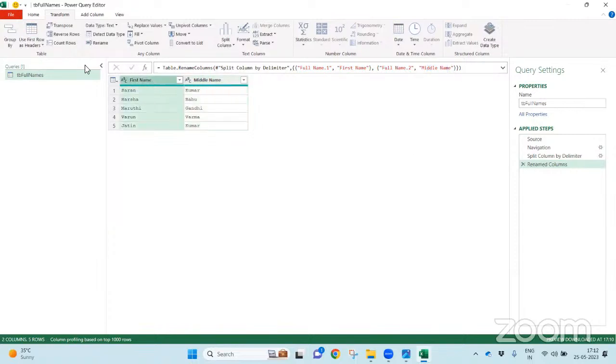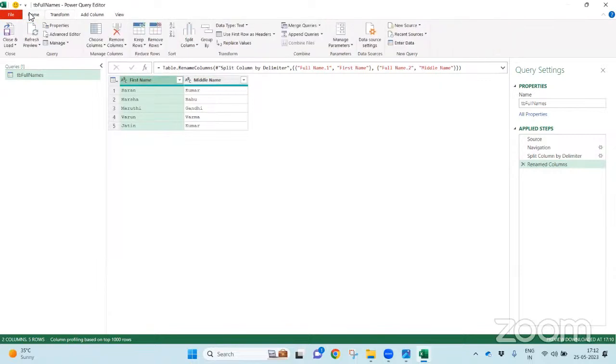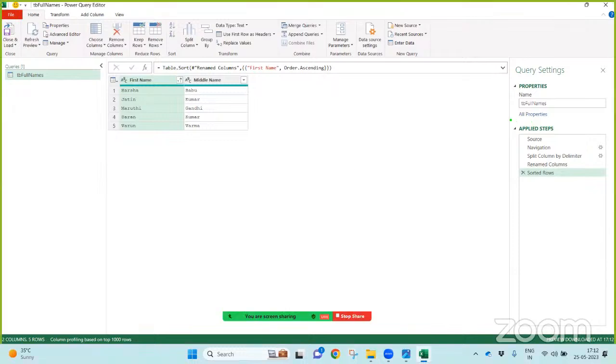Now, what I want is to sort the first name A to Z. So let's go to Home, Z to A rather, otherwise A to Z. I want to sort the first name in ascending order. So Table.Sort is the function it has used. The very important observation you need to identify is that all the steps, whatever I am doing, you can find here. Meaning, at any point, you can go back to the previous step. That's the meaning of it.